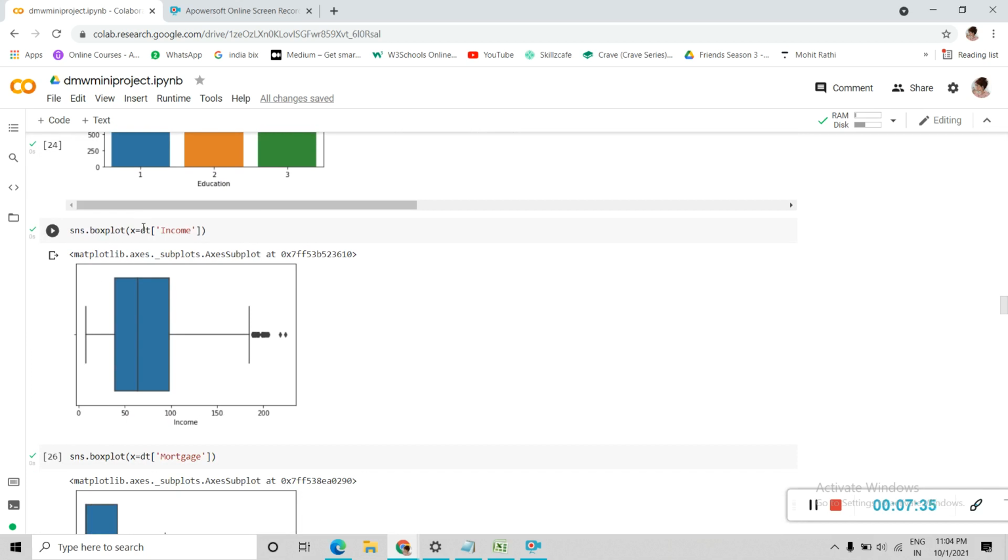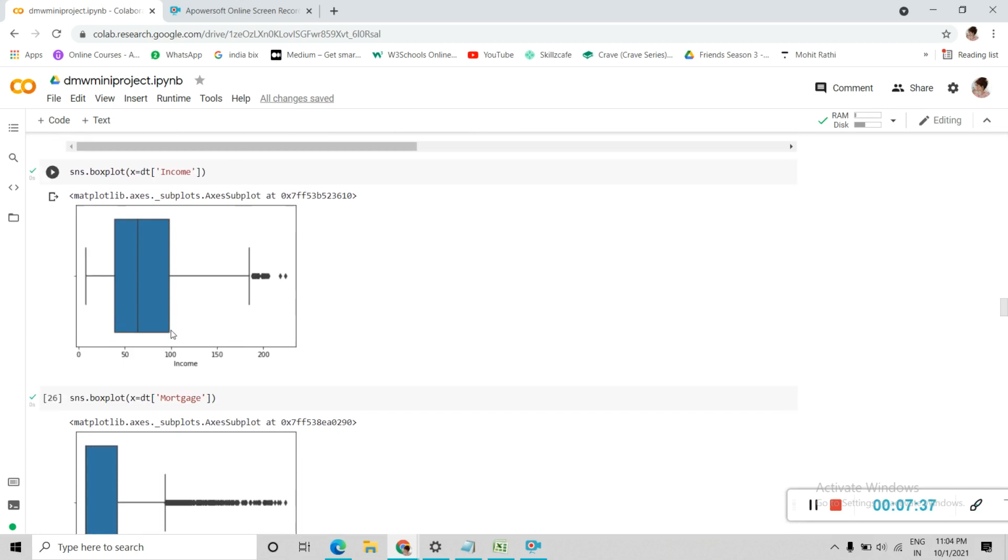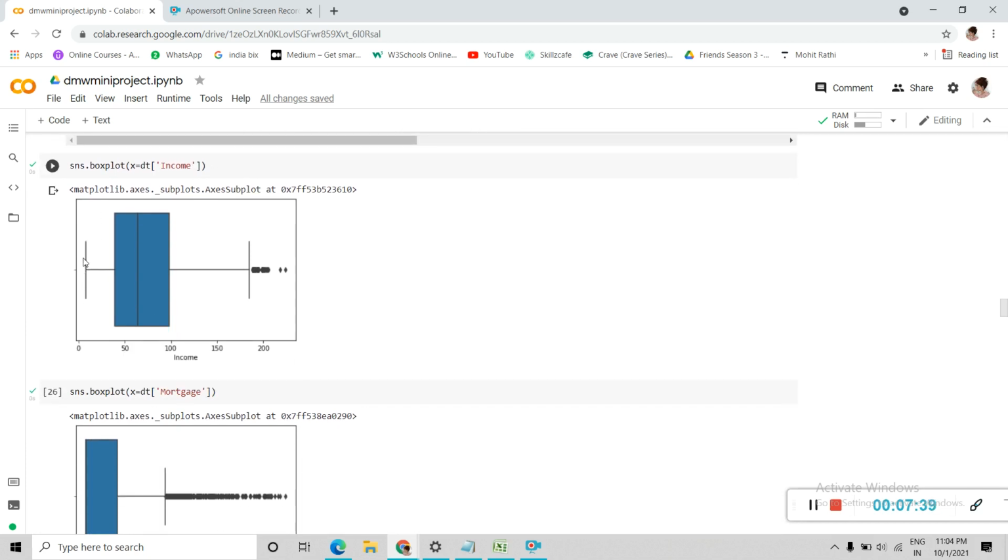Then we have a box plot for income. Here, this line depicts the minimum value, while this line depicts the maximum value. Let's divide this box into 3 points, that is Q1, Q2, and Q3.